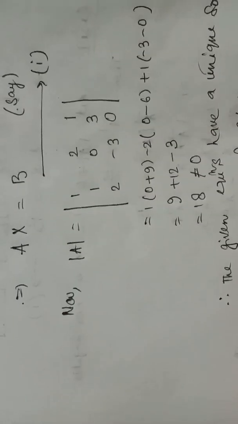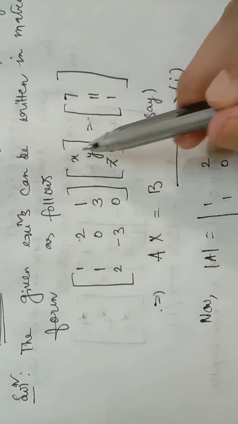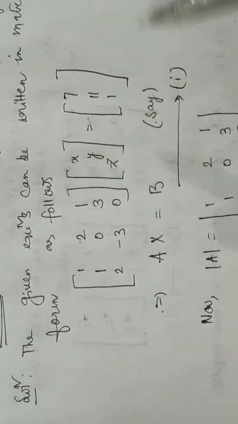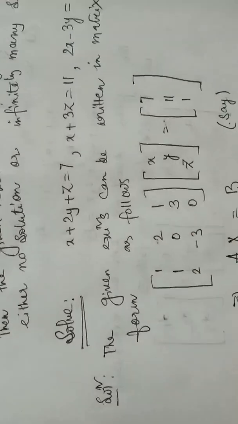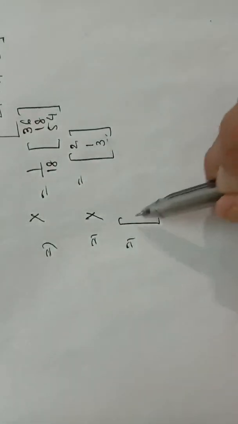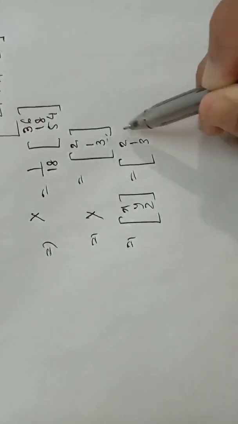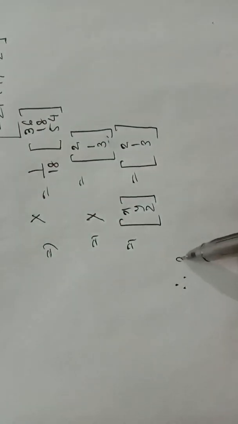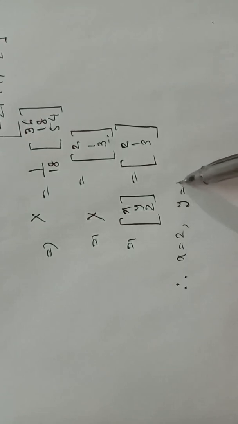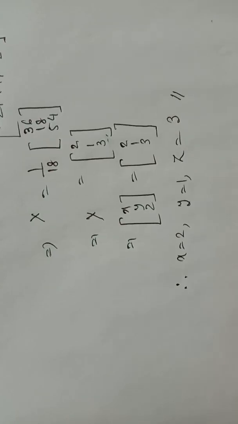And what is our matrix X? Our matrix X is this, you can see this is our matrix X. The variables x, y, z, the column matrix, whose elements are the unknowns or the variables of the given equations x, y, z. So we have to write in this way: x, y, z equal to 2, 1, 3, and comparing we can write x equal to 2, y equal to 1 and z equal to 3. These are the values of x, y and z.